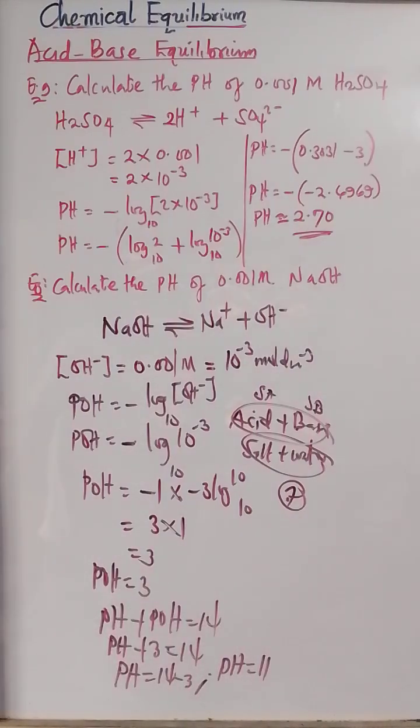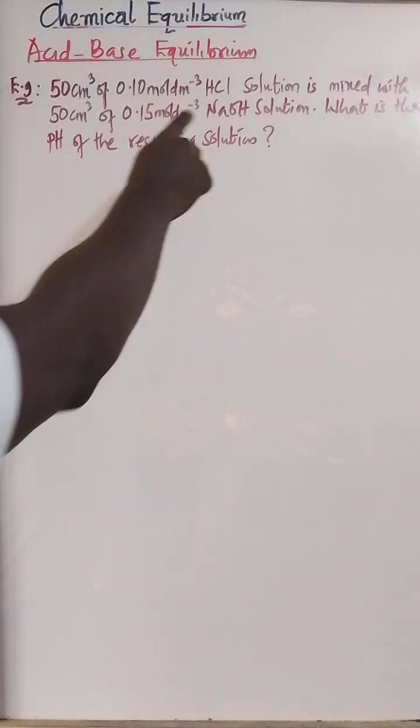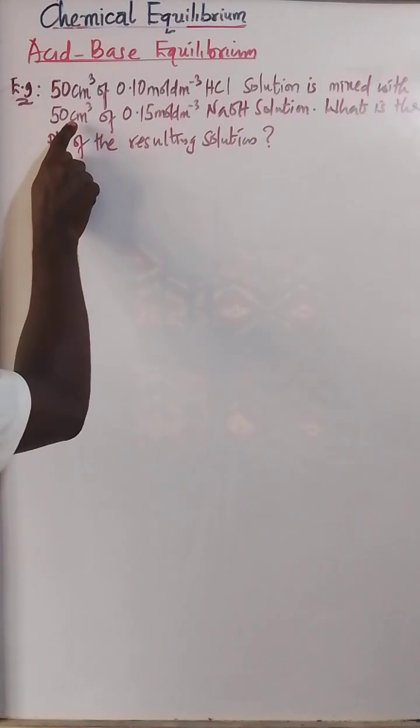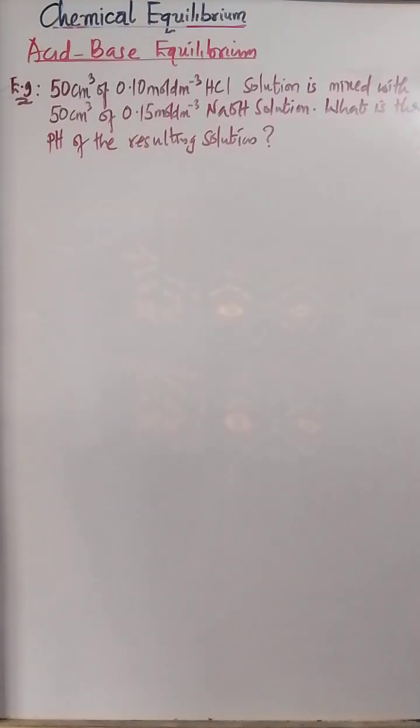How can we get that? Let's take an example. Now look at this question. 50 cm³ of 0.10 mole per dm³ HCl solution is mixed with 50 cm³ of 0.15 mole per dm³ sodium hydroxide solution. What is the pH of the resulting solution? Don't say 7, because in this kind of reaction,